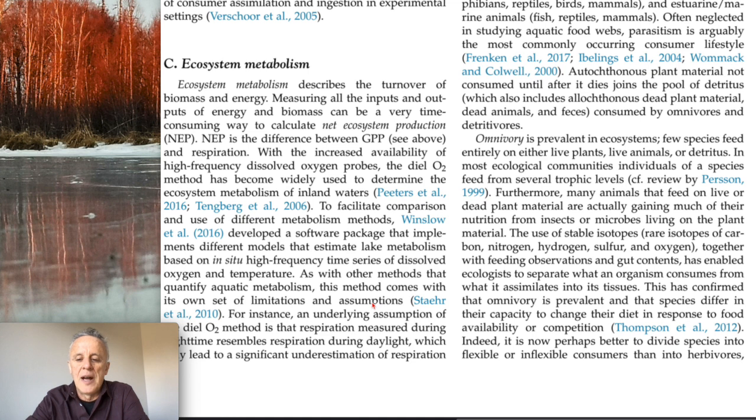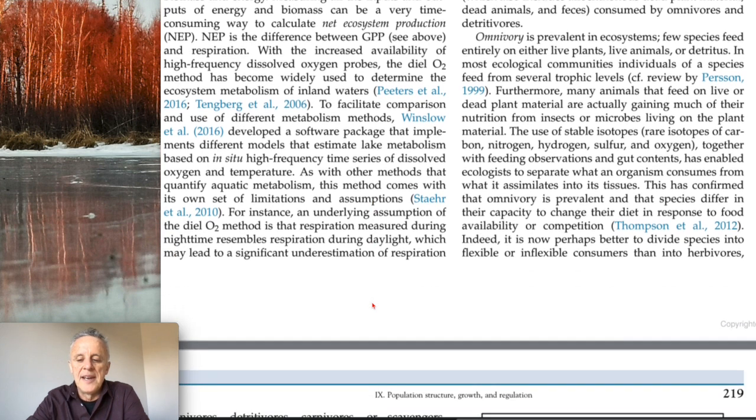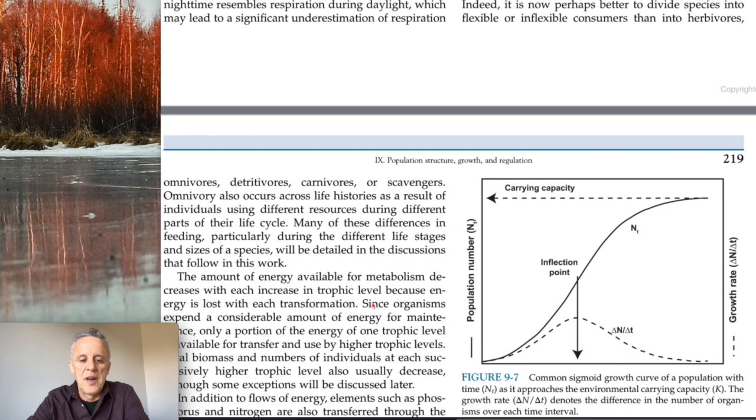The use of stable isotopes, together with feeding observations and gut contents, has enabled ecologists to separate what an organism consumes from what it assimilates into its tissues. This has confirmed that omnivory is prevalent and that species differ in their capacity to change their diets in response to food availability or competition. Indeed, it is now perhaps better to divide species into flexible or inflexible consumers than into herbivores, omnivores, detritivores, carnivores,